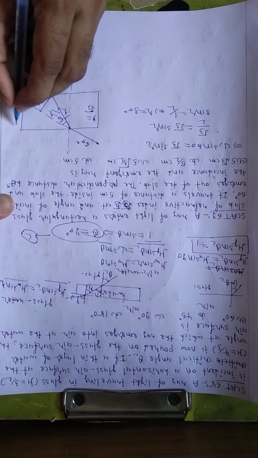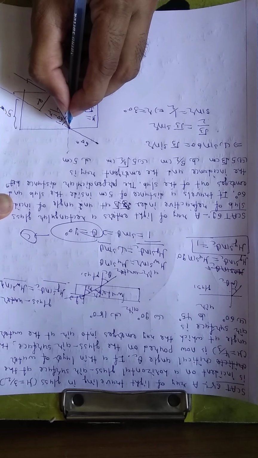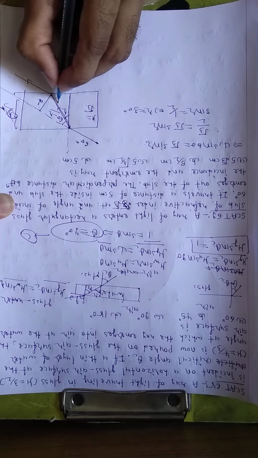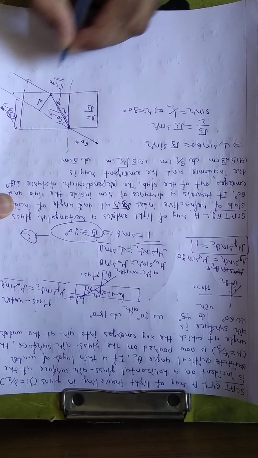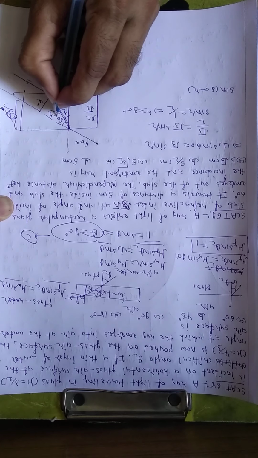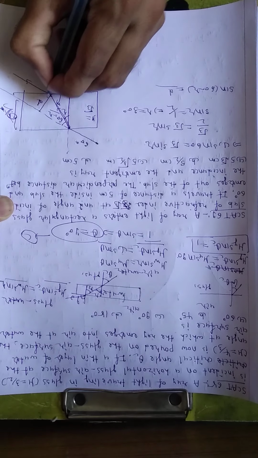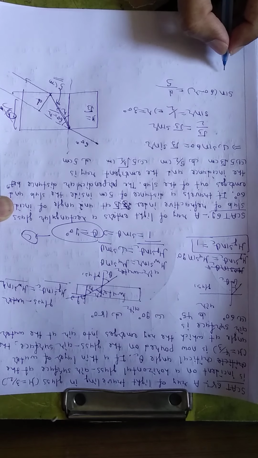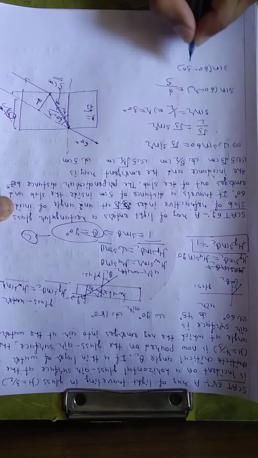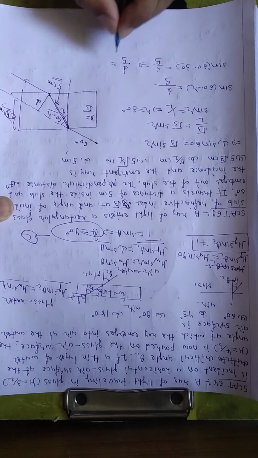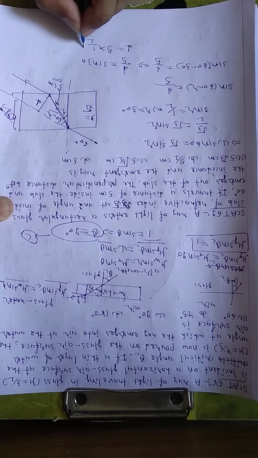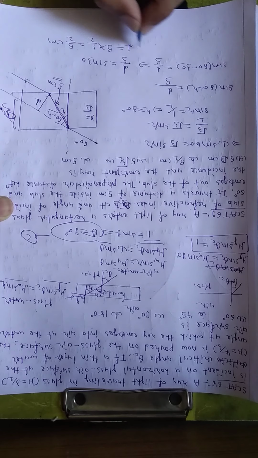Now in this case, this is the 5 centimeter, which is given. Now in this case, sin of (60 minus r) is the opposite side d over the side of 5 centimeter. Therefore, sin(60 minus 30) equals d by 5. Therefore, d by 5 equals sin 30. Therefore, d equals 5 into sin 30, which is 5 into 1 by 2, so 5 by 2 centimeter. This is the answer.